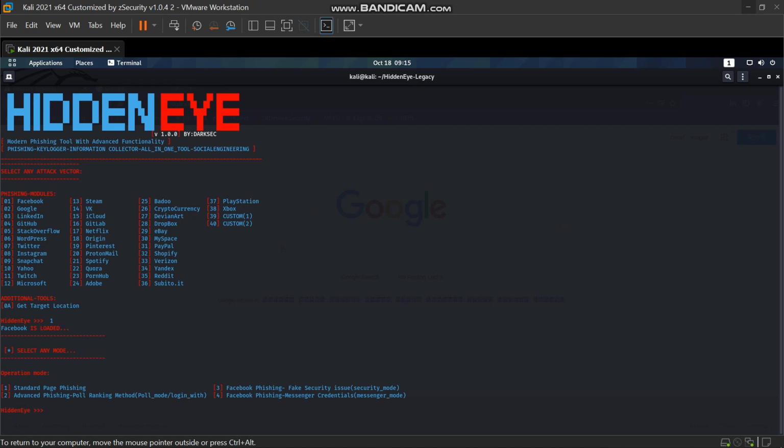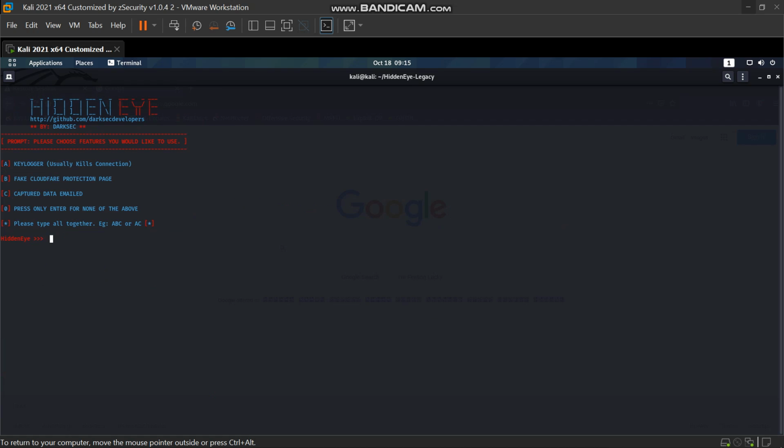Then create a standard phishing page, option one. Then keylogger, option A. Then in which URL you need to redirect it, you have to type it here. So I type facebook.com, then hit enter.